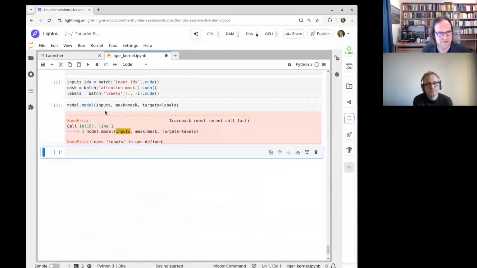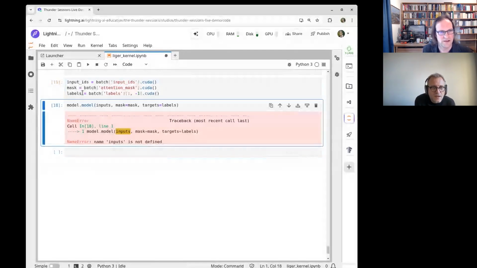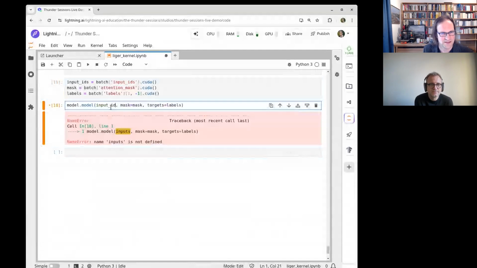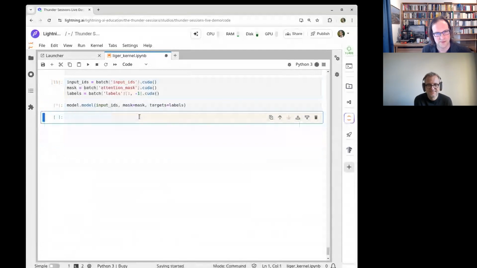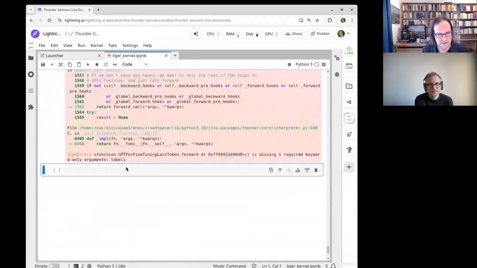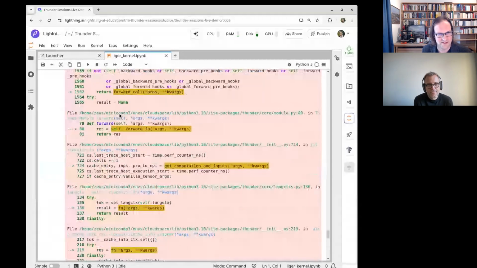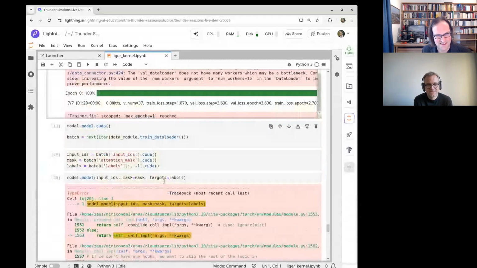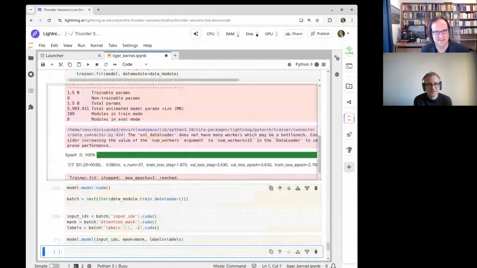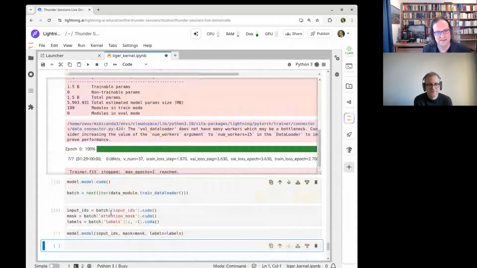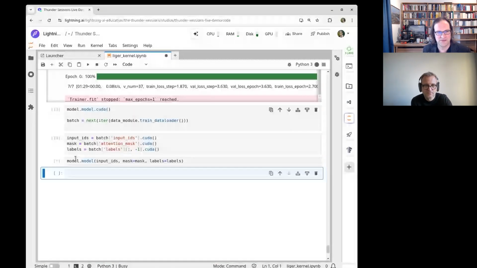No, input IDs. Maybe I should standardize on input IDs if that's what the name is. And here it's missing labels. I didn't rename it to targets after all. Okay, silly me. Now we see it's running, it's recompiling.